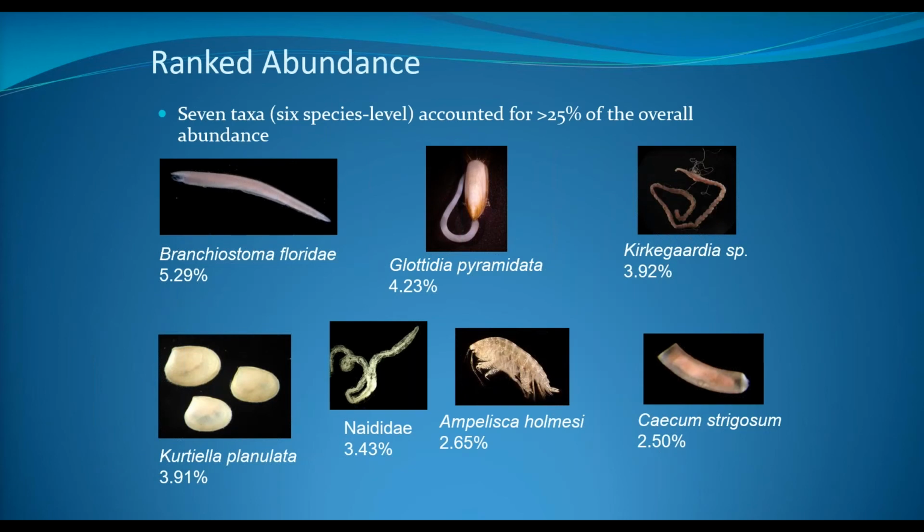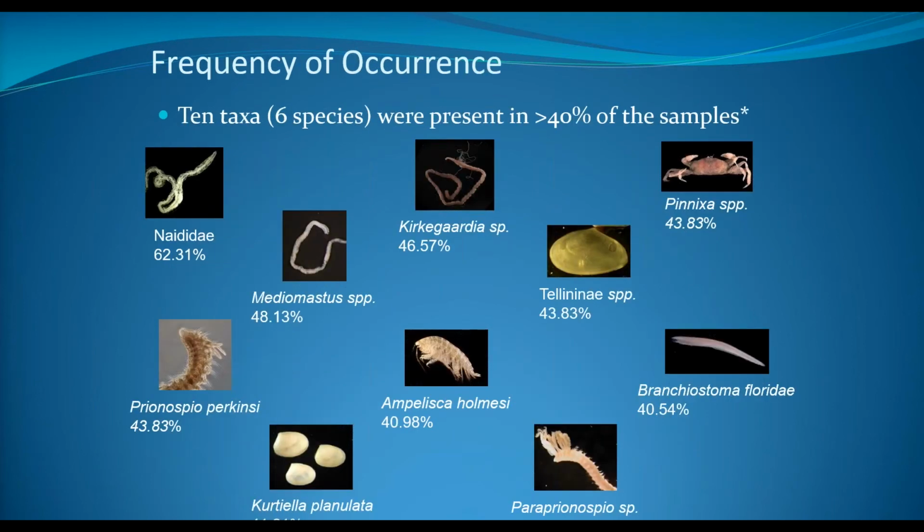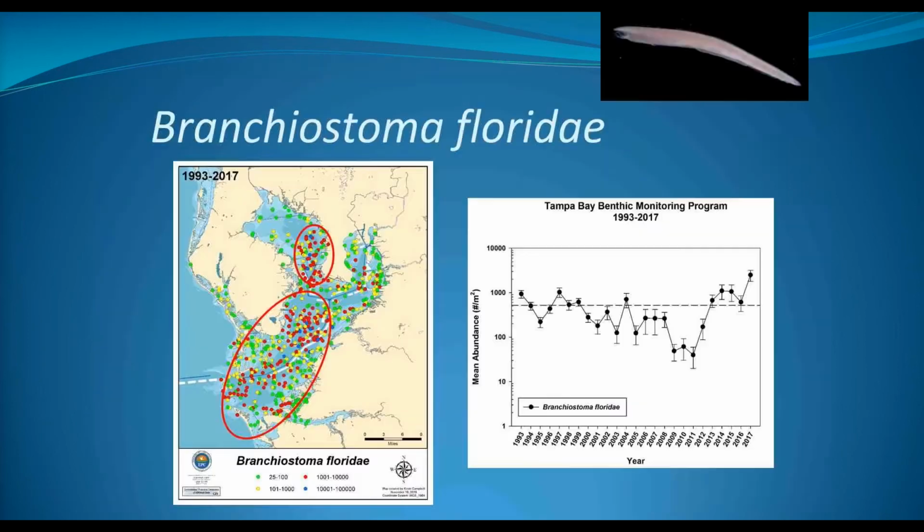Looking at some of the dominant taxa that we find, again, as I mentioned earlier, 7 taxa account for over 25% of the overall abundance, and I'll talk a little bit more about those a little later. Next slide. And 10 taxa were consistently found in more than 40% of the samples. Next slide. So looking at some of the dominant taxa that we find, the most abundant benthic organism that we